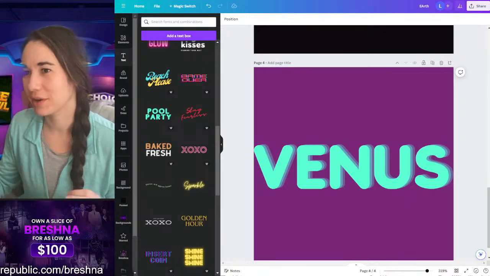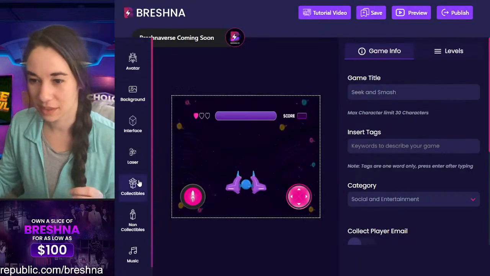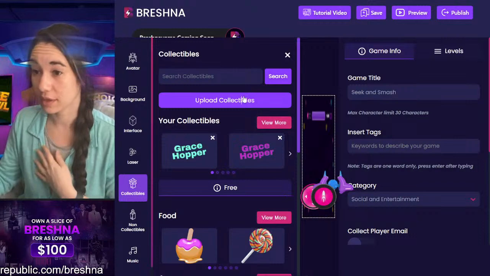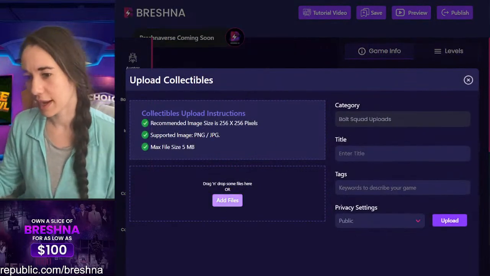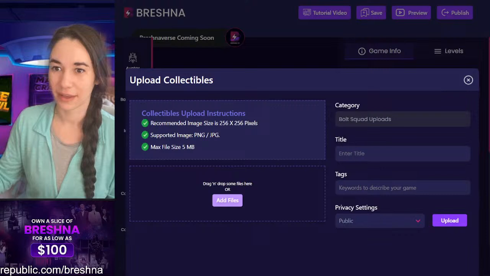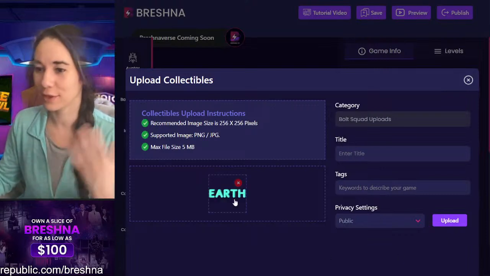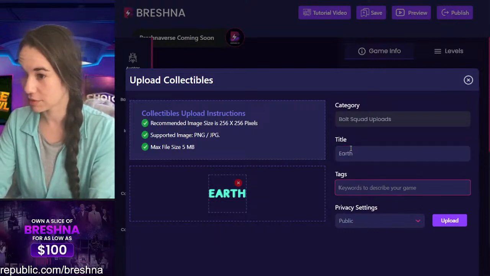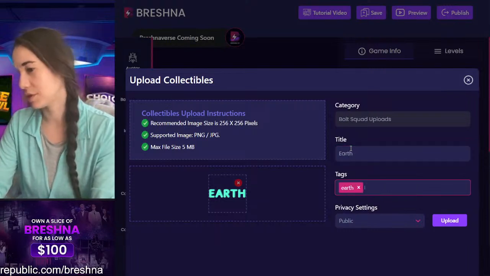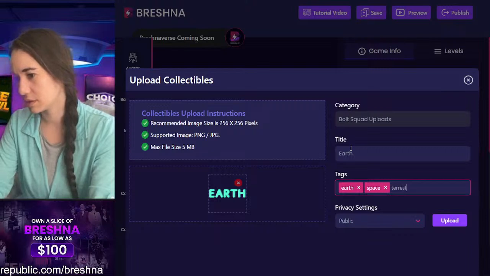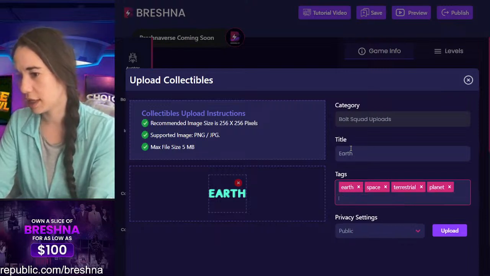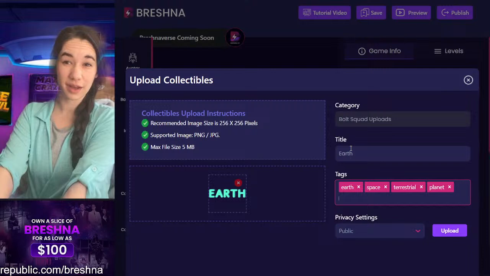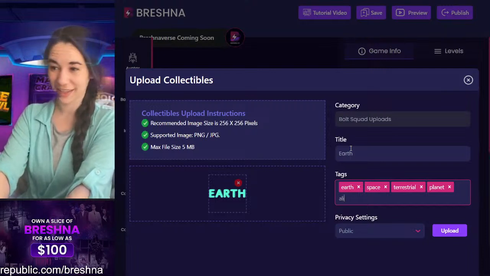That looks much better. Okay, let's go in to our collectibles. And adding our files, now I can come in here and I can say Earth, and look how pretty that looks, right? It's all cut out. So now I'm going to say Earth, enter, space, terrestrial, planet, what else did I put? Alien,